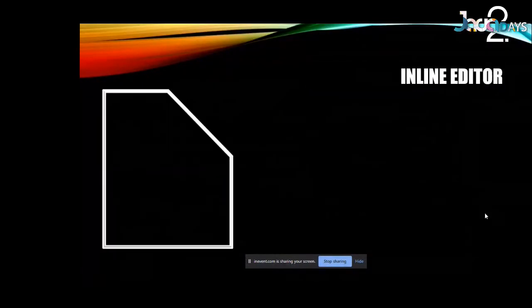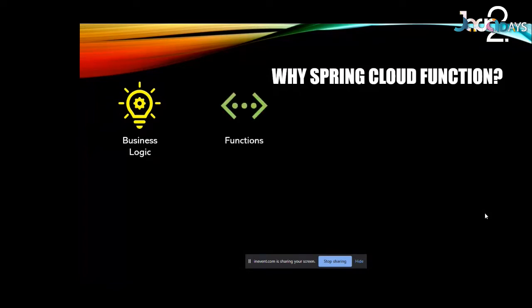Now let me just quickly move to a final thing. I'll skip that part, to Spring Cloud Function, what it is. Spring Cloud Function is actually a subpart of Spring Boot only. Here it says that whatever your business logic is, you should be able to write it in the format of a function. These functions are nothing but the same functions which you saw in the Java 8 functional interface. So you should be able to write your business logic in that particular form.